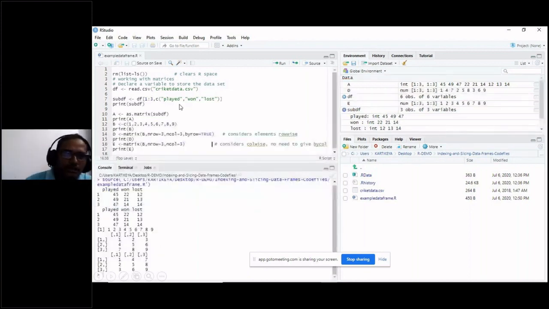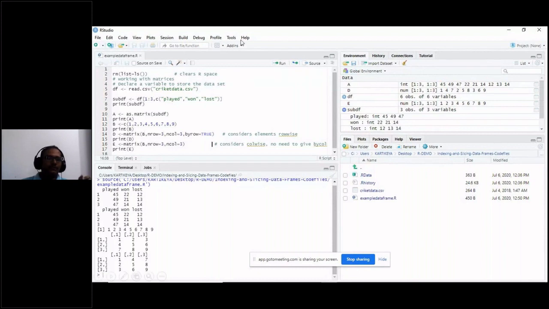Now suppose you want to create a matrix of 3 by 3, or any dimension, by using a vector, right? Suppose you define a vector B. B is defined as c of 1, 2, 3, 4, 5, 6 up to 9. So I have chosen a vector having 9 values.